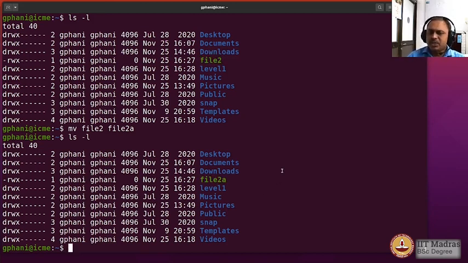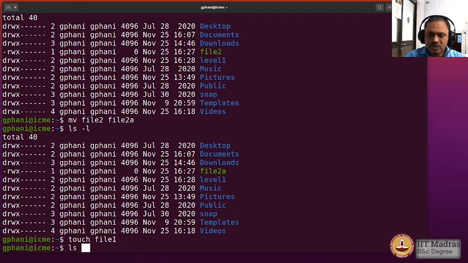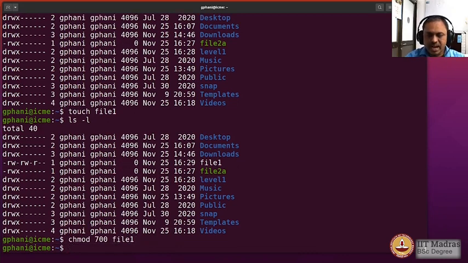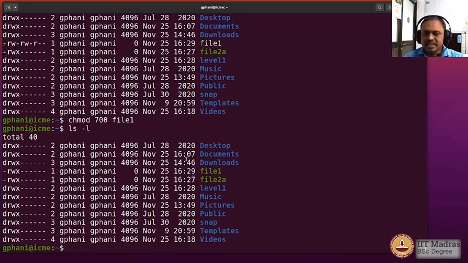Now sometimes you may want to have a space between two different words as a part of the file name, in which case you have to use the quotation symbol, and let us also do that here. So I will create a new file here called, let us say, file1, and then I change the permission, and you can see that the permissions have been changed, and now I want to rename it to something else.